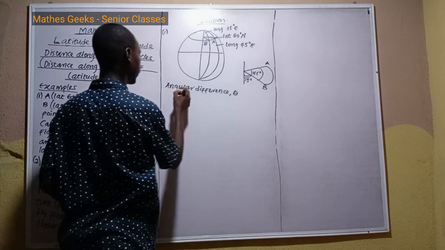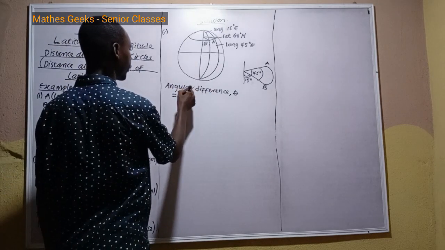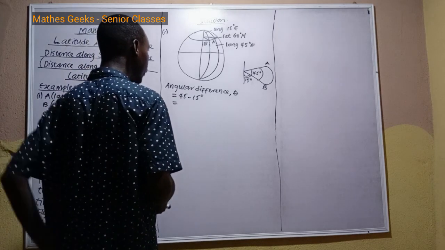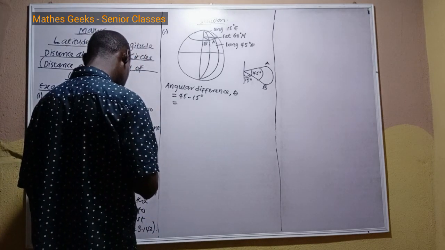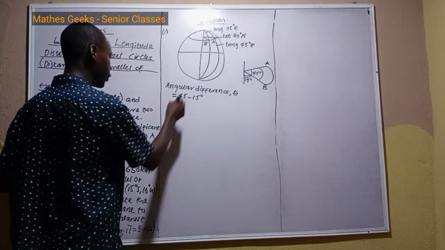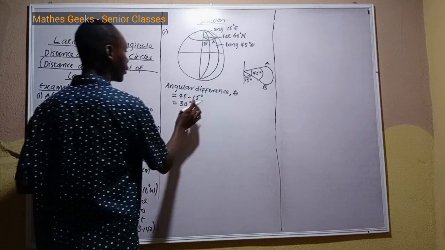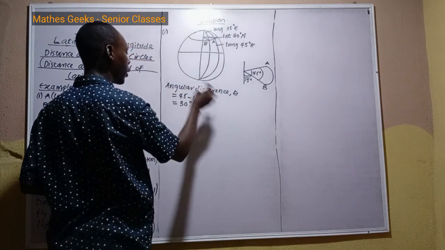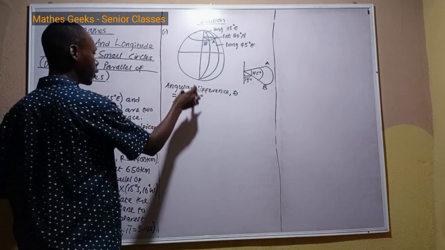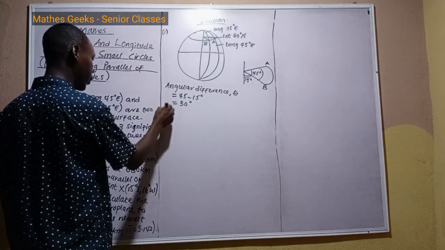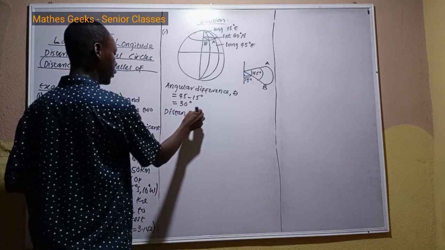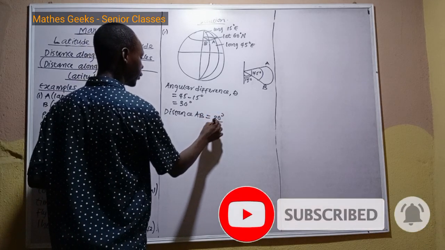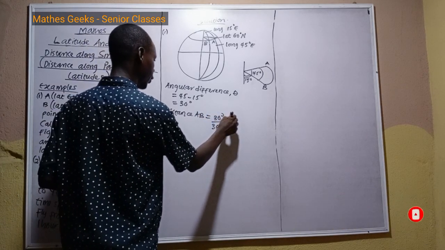The angular difference theta is equal to 45 degrees minus 15 degrees. 45 minus 15, 30 degrees. So theta is 30 degrees, and both of them are lying on latitude 60 degrees north. So alpha is 60 degrees north. So the distance AB along the parallel of latitude is equal to 30 degrees over 360 degrees times 2